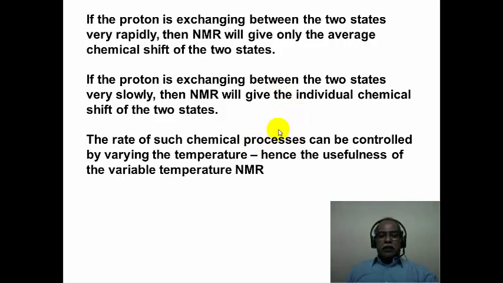Now, what makes the variable temperature NMR a very special technique? Because chemical rate processes can be controlled by temperature. The rate of a reaction can be controlled by a temperature, and hence the usefulness of the variable temperature NMR